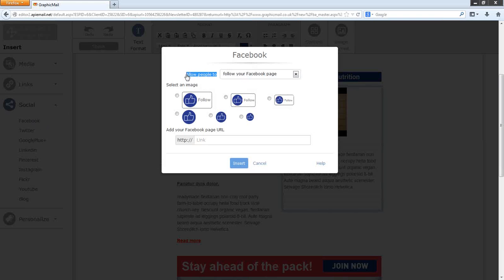okay, so we can see at the top here it says allow people to, and then we've got follow you on Facebook, or we can share the newsletter via Facebook. The same applies with the other links there as well. But if we just want to put it to follow us, so if we click the top one, and then you would put your business page down here, so just facebook.com/, if we just put Graphic Mail in there,